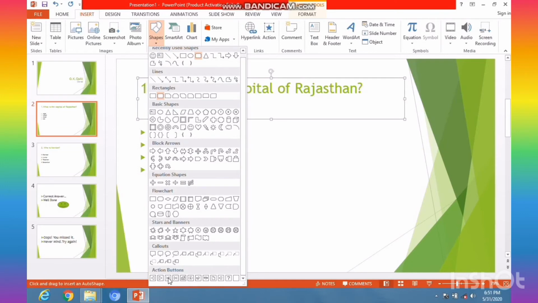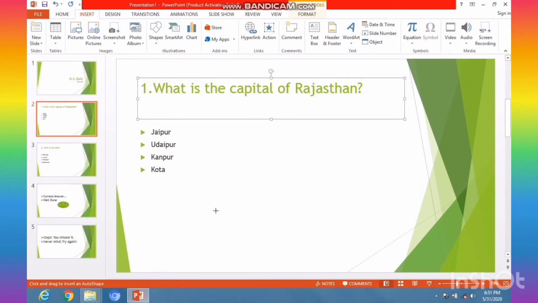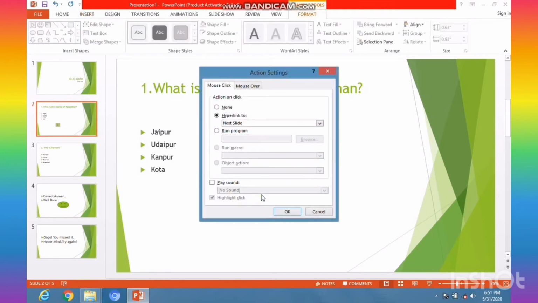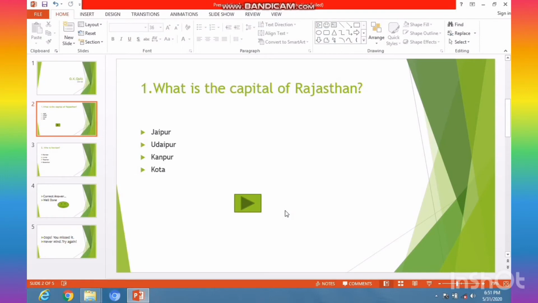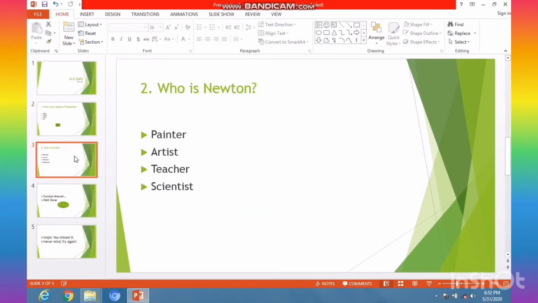You'll take the forward or next button. Okay, so you just take that button, hold your mouse, and you will see one dialog box is opened. So here hyperlink to next slide is written automatically, so we'll simply click OK because we want to move forward to the next slide. So now my button is linked with the next slide.